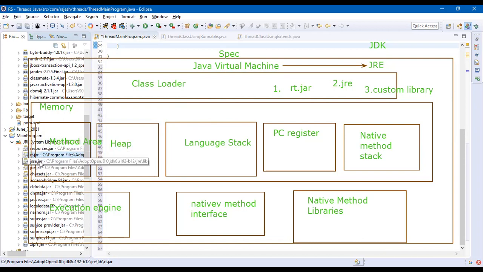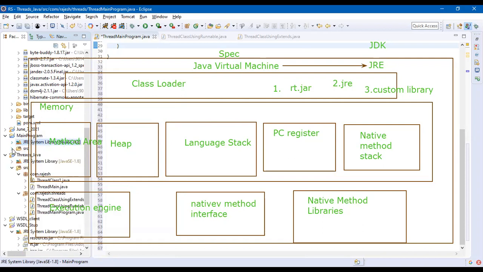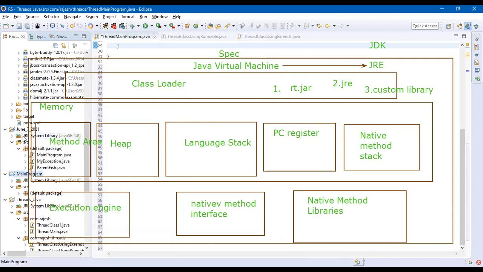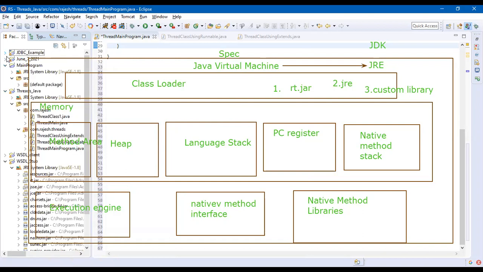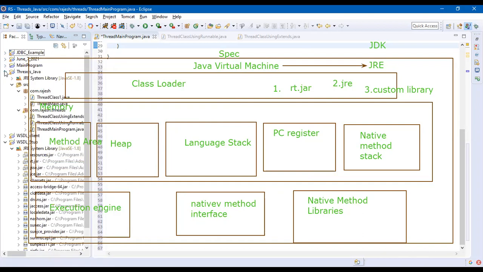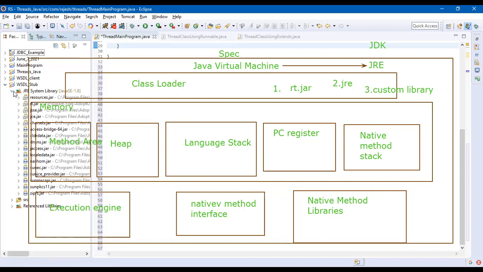The rest of the things like resources, JSSE, these are all jars which are needed by the JVM. That is point number 2, the JRE jars. Now the third is, if the user has used Maven, there will be something else like Maven dependencies. This project, there is no point number 3. Here we have point number 3, custom library. So these also will be loaded by the class loader into the JVM. Now you are able to link. Can you link this now with whatever we have studied so far?